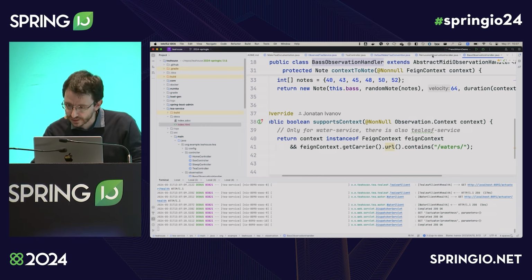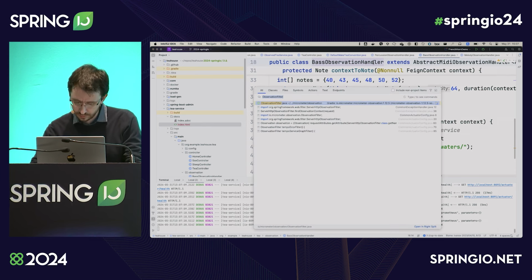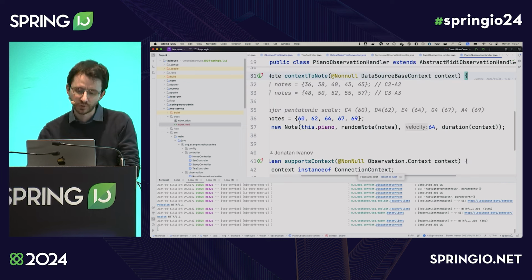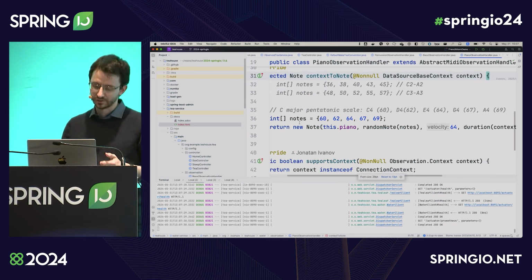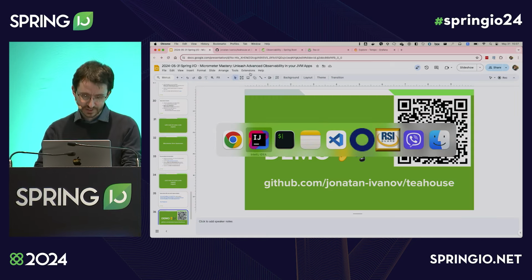And let's say I also want to play the piano when there was a database call. So if I do all of this, and hopefully this will work,